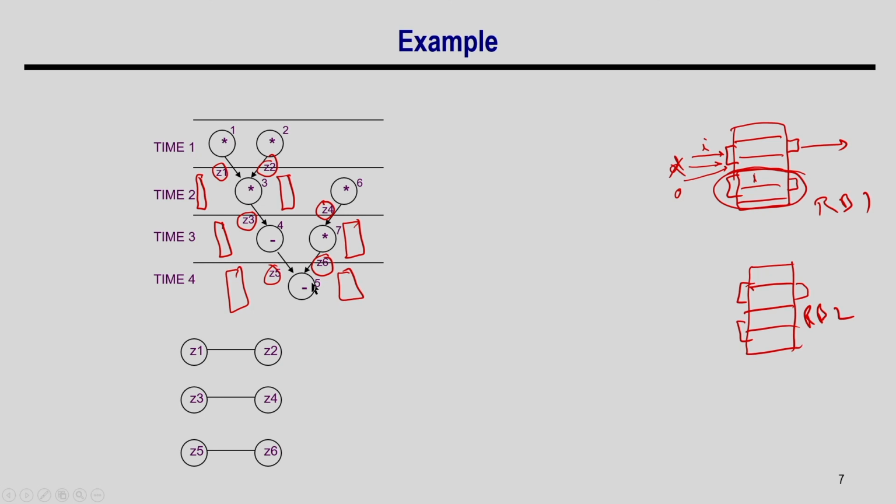And then we saw that Z1 and Z2 are overlapping, Z3 and Z4 are overlapping, and Z5 and Z6 are overlapping. This is the conflict graph, right. And if we try to put colors on the conflict graph, I can put color 1 on this combination and color 2 on this combination. So, this is register 1 or color 1, this is color 2 or register 2, and this is perfect because Z1, Z3 and Z5 have non overlapping lifetimes. So, a single register can store this.